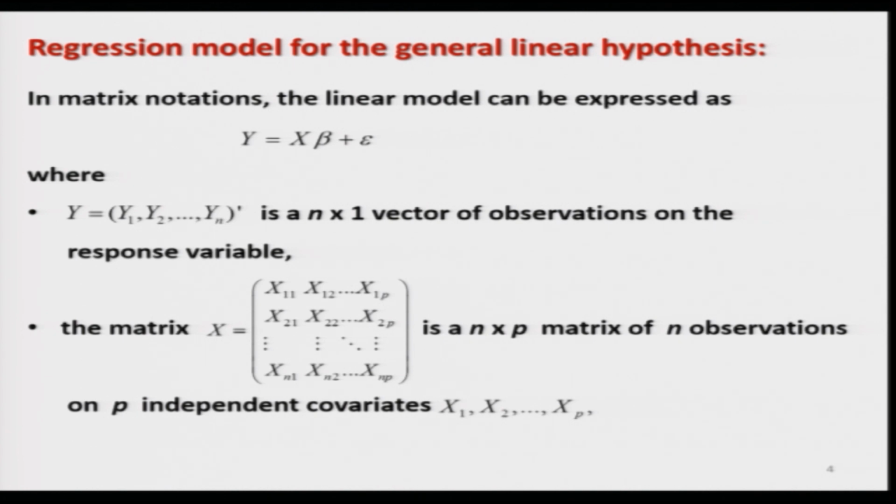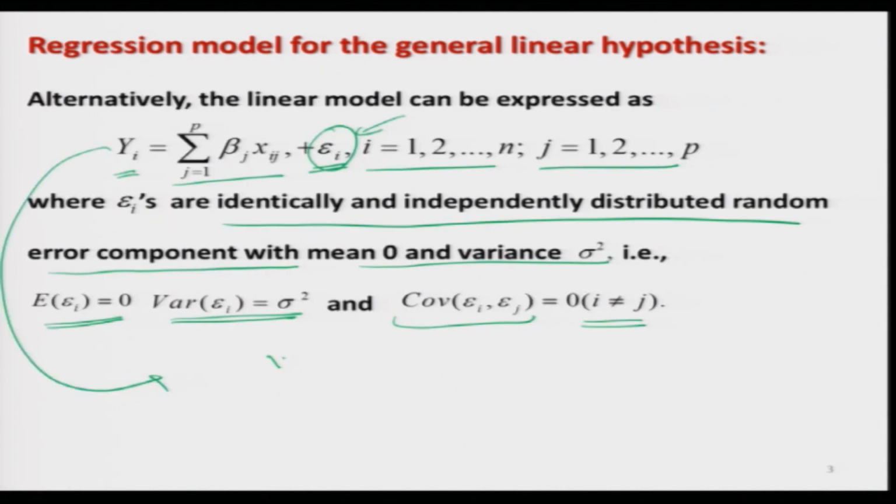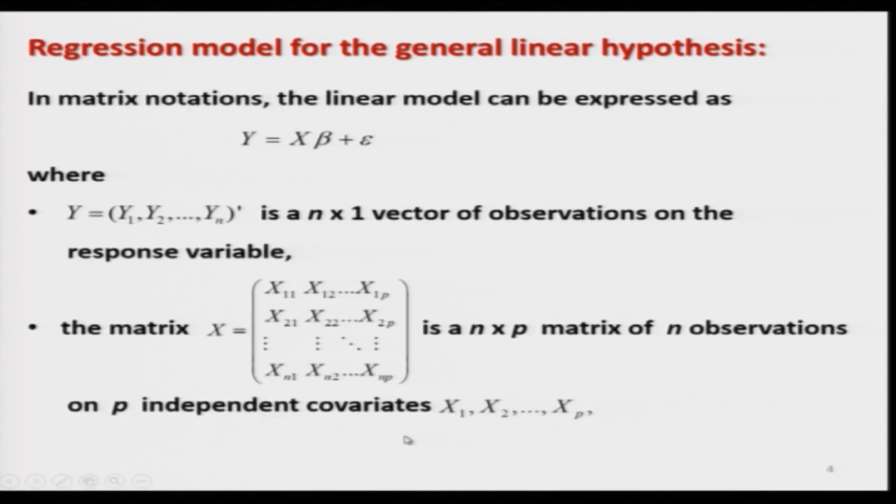In the form of vectors and matrices, we had considered earlier the setup of a linear equation, and we had tried to express it in the form of a vector and matrix. The same thing is used here: you write down this equation for all y1, y2, yn, and then you club all the values in y or x in the form of a vector and matrix. So, in matrix notation, the same linear model can be expressed as y equal to X beta plus epsilon,